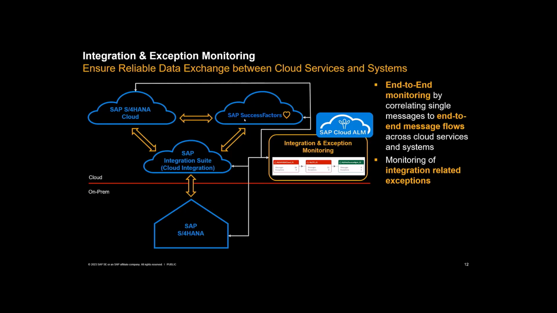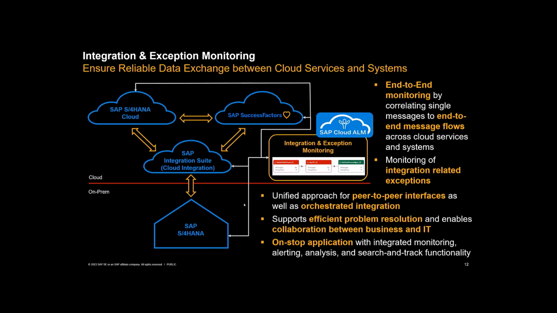This means correlating integration artifacts coming from the different services and systems to end-to-end flows. And I will show you this in a second. If we are not capable of building these end-to-end message flows, at least we would like to understand what the integration-related exceptions are. Also, one approach is to unify peer-to-peer interfaces as well as orchestrated interfaces, meaning if